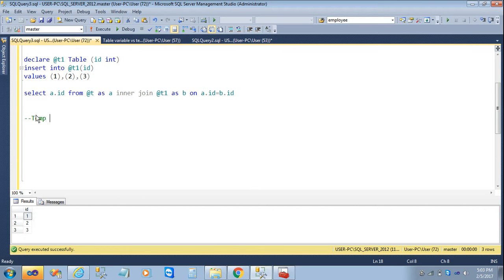Temp table. Syntax for the temp table is similar to creating a table in SQL: create table. The only difference here is we have to mention hash before the table name, hash temp, then column name id, comma, int is the data type. This is the syntax to create a table,